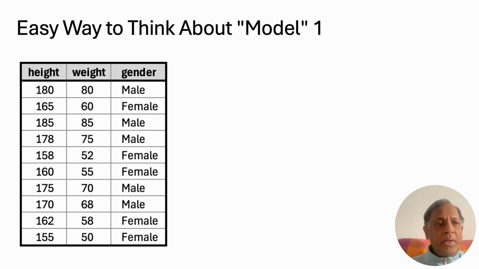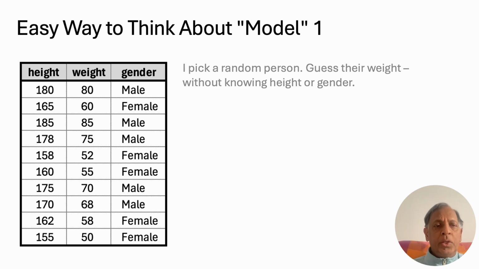So here is a data set. It's got only 3 columns or 3 variables: height, weight, and gender. Obviously, the unit of observation is a person. Every row represents a person. The columns represent their height, weight, and gender. Okay? So now, suppose I tell you, here is this data set,